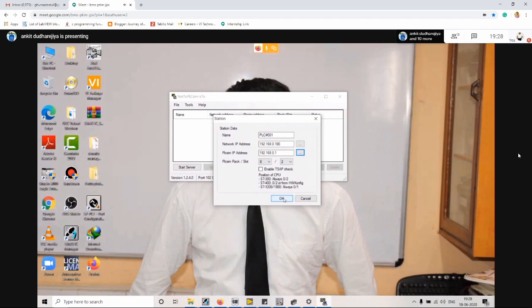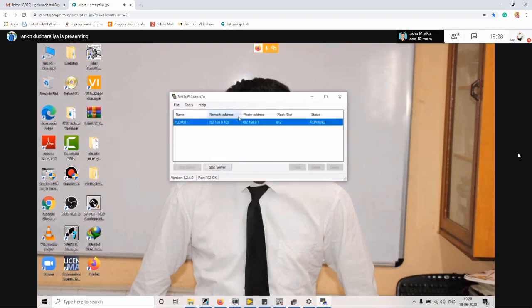Now we have to click on this start system. So now our server is created, and now we will be able to read or write data between LabVIEW and PLC. So first we created our logic. Then whatever tags are there in the PLC logic, we added in our OPC server.